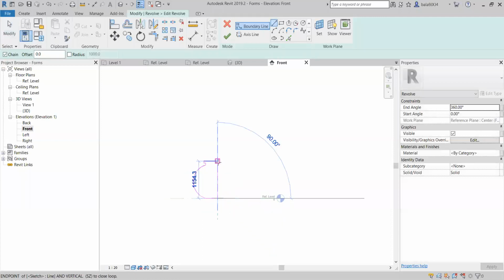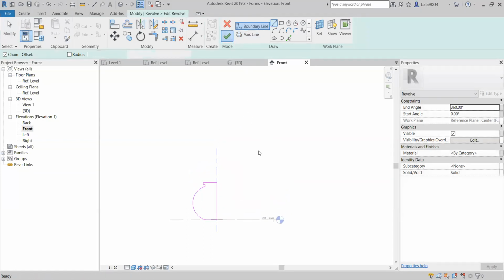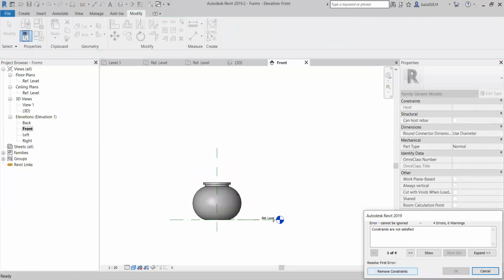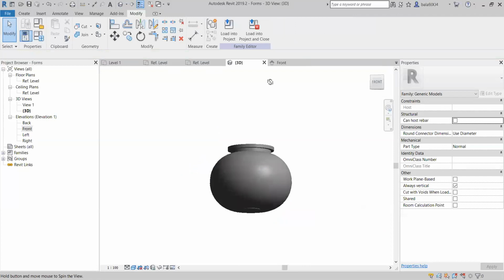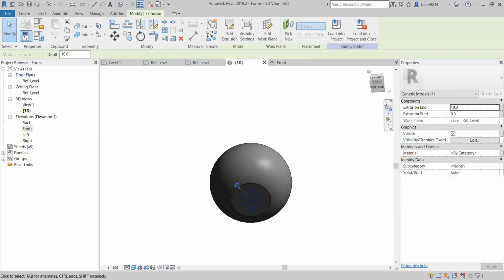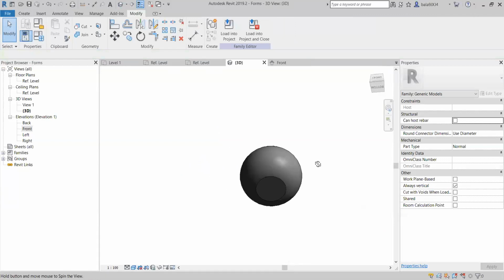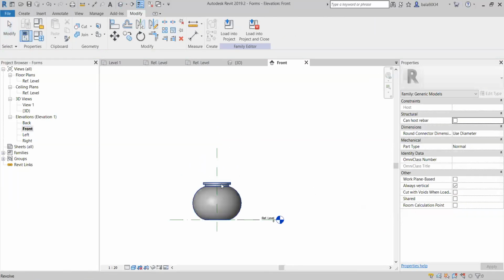So this is specially for the architects I'm going to explain. You have to create a lot of different shapes, right? That is the reason I'm explaining. See, now go to the 3D view. You can see that in the bottom we have this existing extrusion. I'm going to remove this. Okay, so revolving.